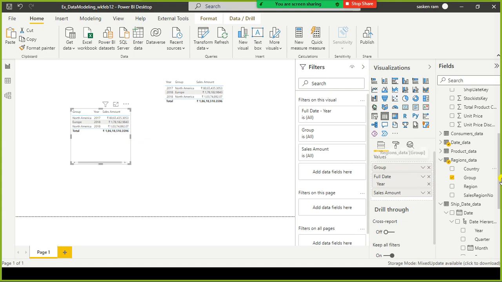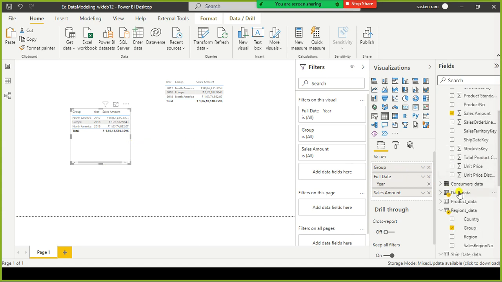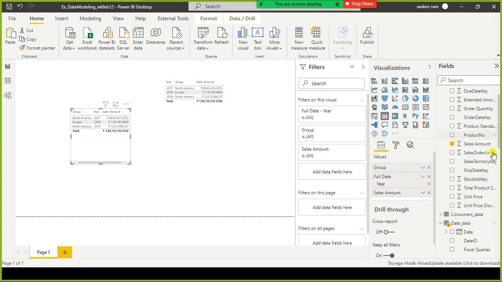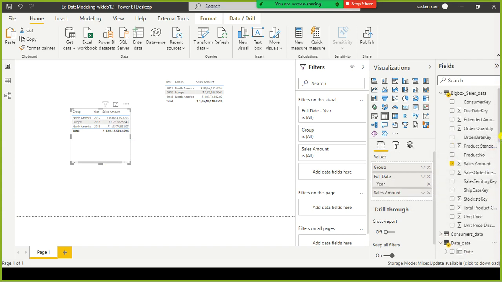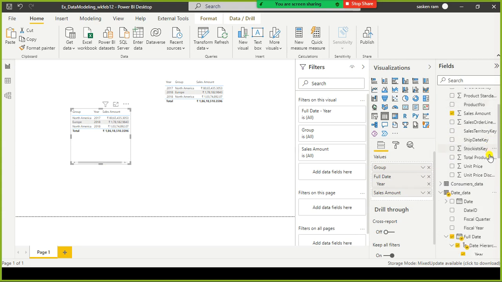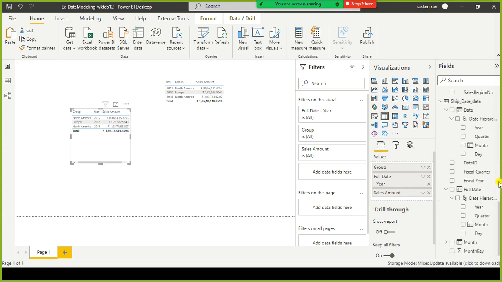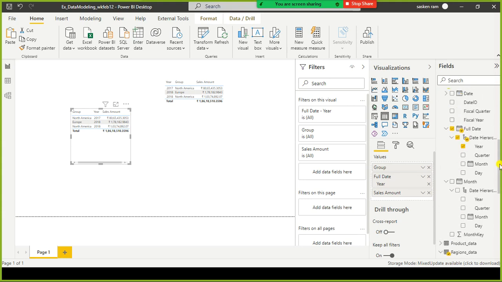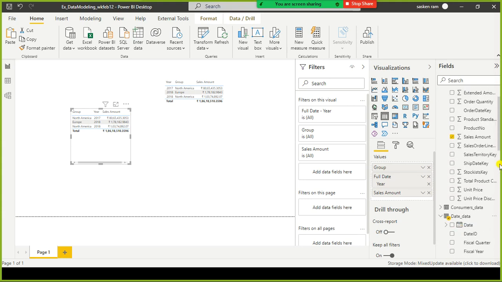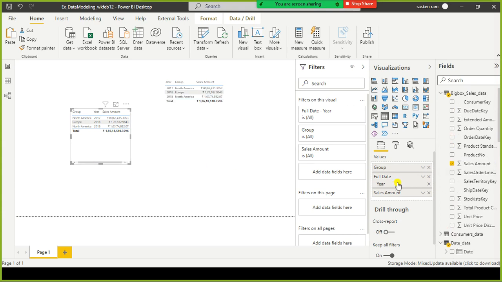So 10374. Even then it is okay. What I will do is I will just use some other column, consumer key, and in this one